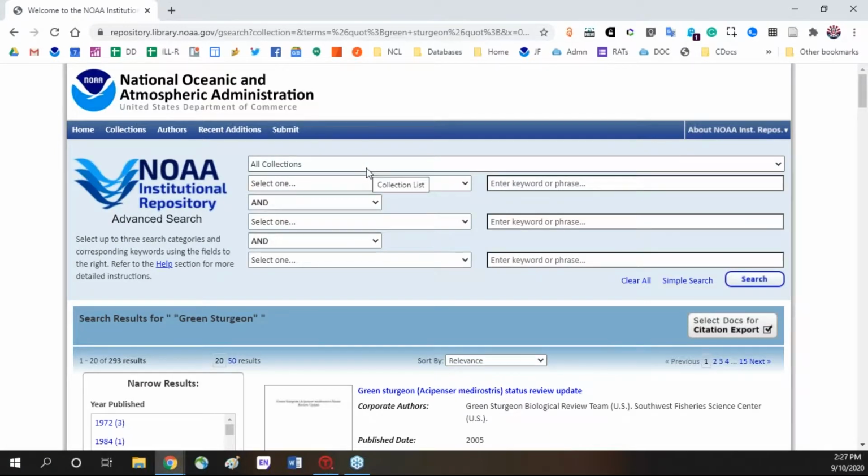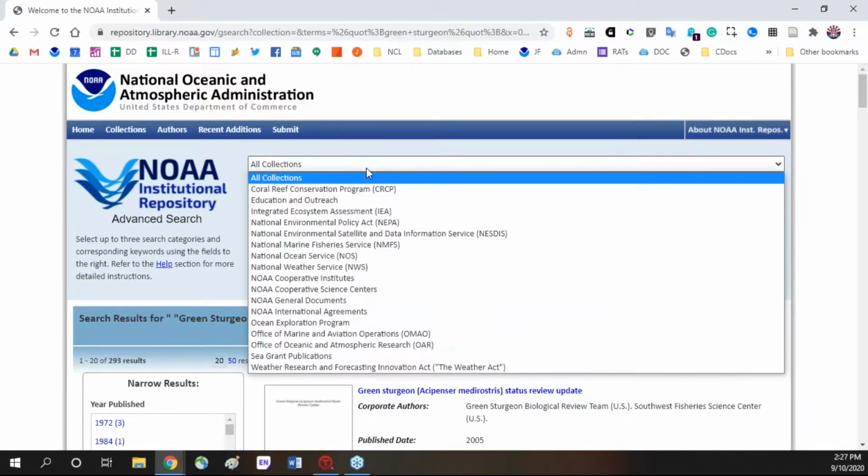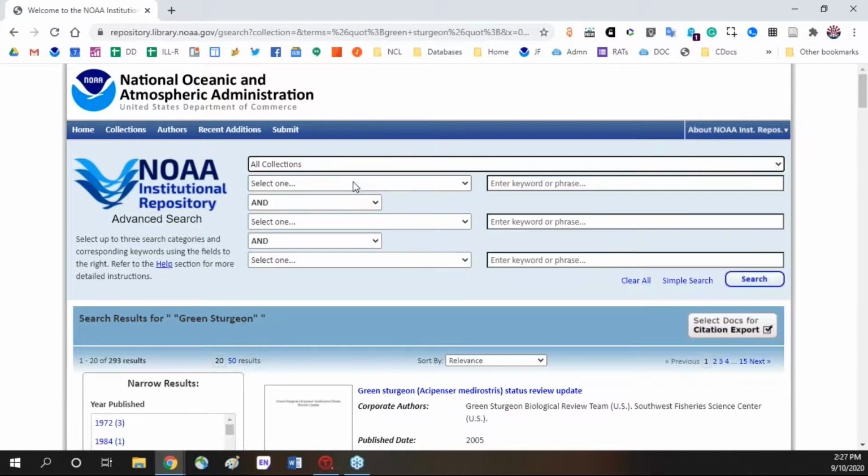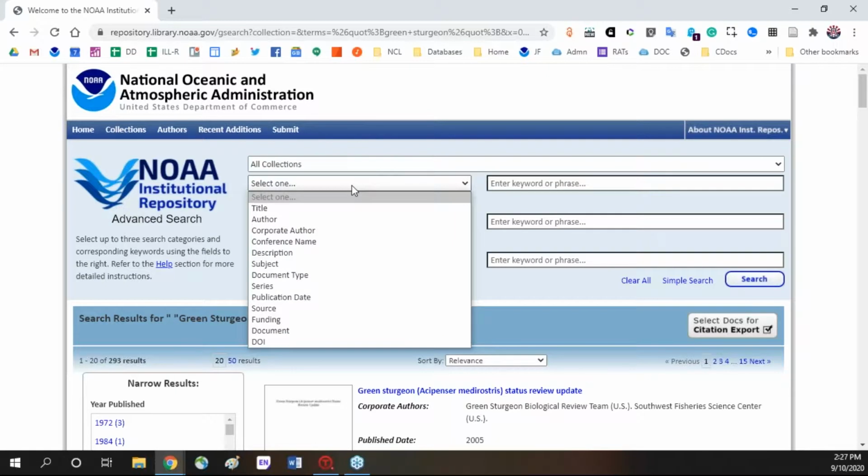And so you'll see first that you can actually narrow the search down by collection. For our example here, we'll just keep it open to all the collections. But you can also narrow it by title, author, conference name even, and let's say you had a DOI, you wanted to jump in. Normally I would just Google a DOI, but it does have the function to search across all of this different